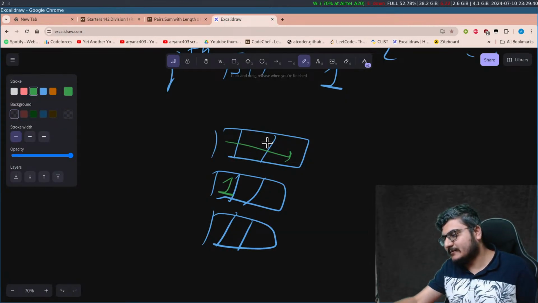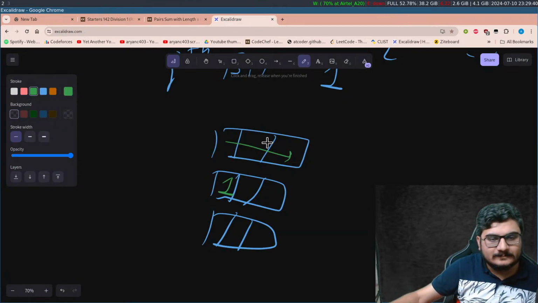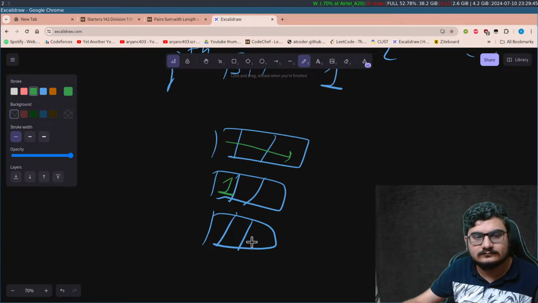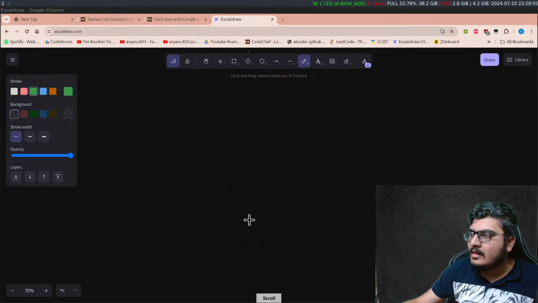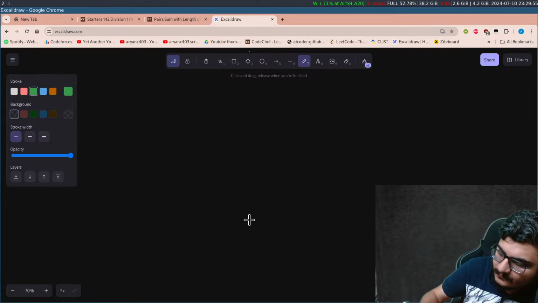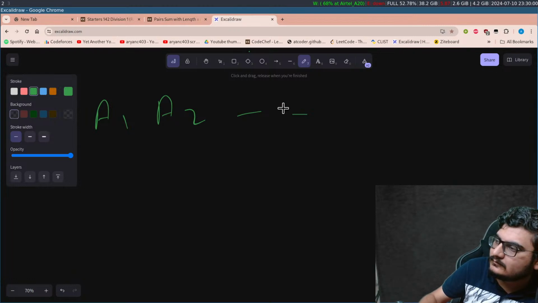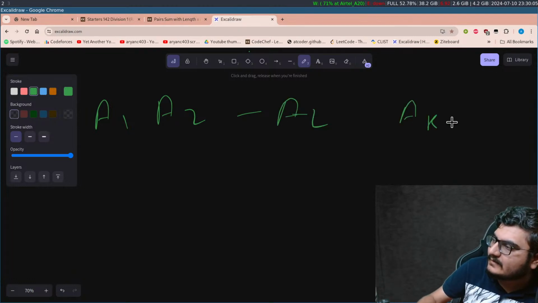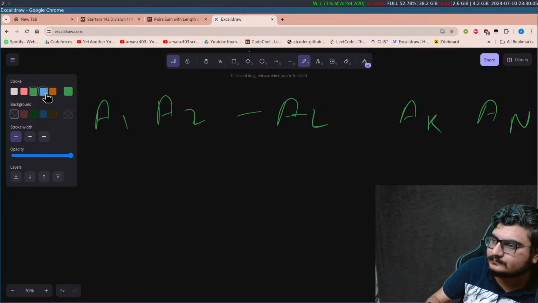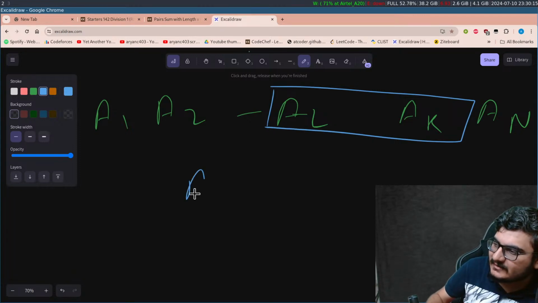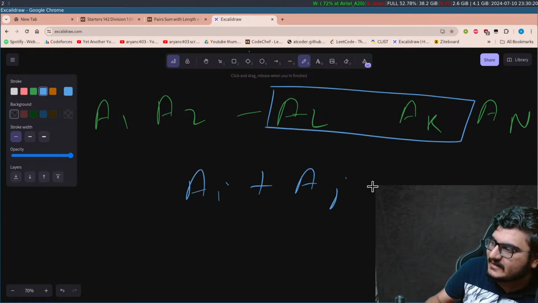So basically what it says is, you have an array, AL to AR. You take a subarray and count number of pairs in this subarray such that Ai plus Aj equal to